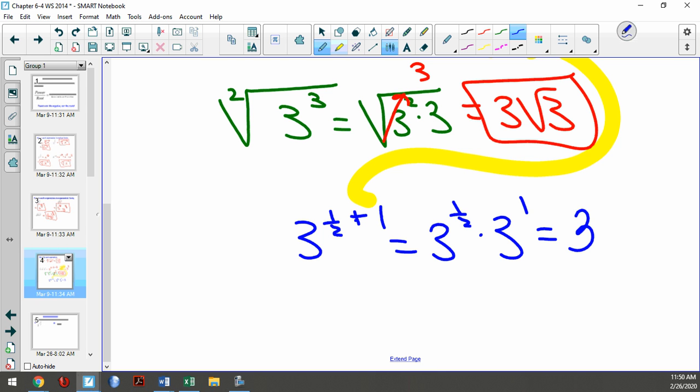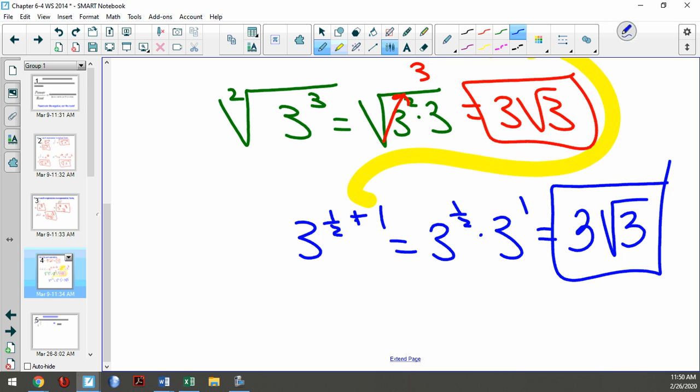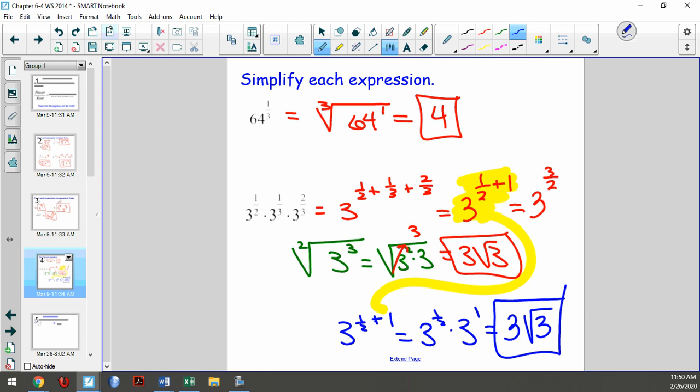So 3 to the first is just 3, and then 3 to the half is the square root of 3. Done. And if your brain can't see that, then you do it the other way. That's the beautiful thing about mathematics. It doesn't matter how you do it, as long as you get the right answer and you can justify what you did. Does that make sense? There are multiple ways to do these. As long as your brain picks one method and understands that method, and you can justify your work, I am